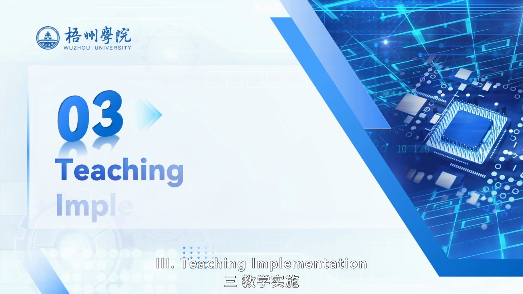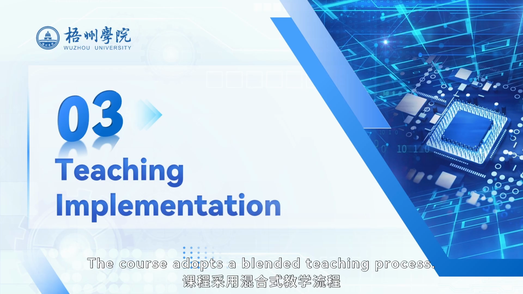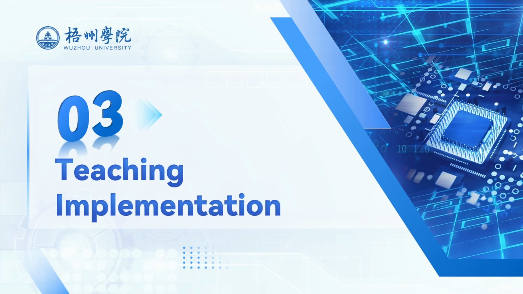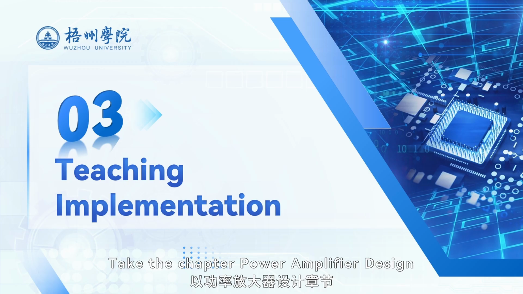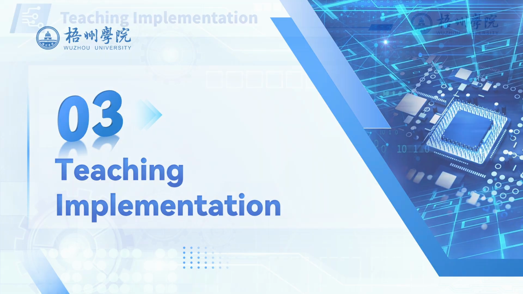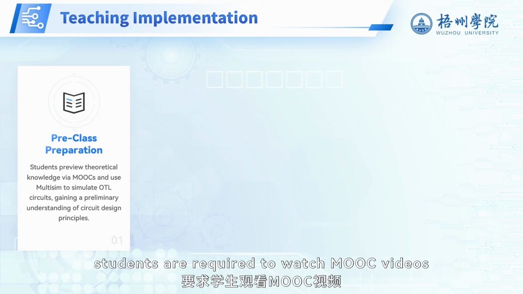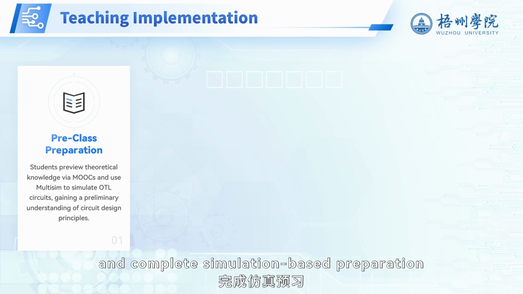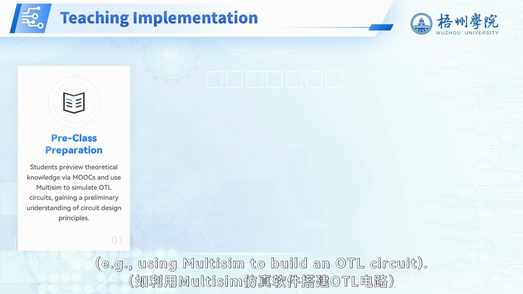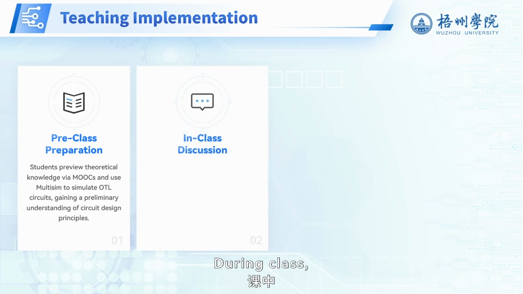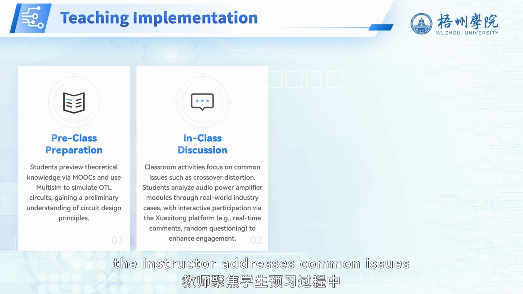3. Teaching implementation. The course adopts a blended teaching process. Take the chapter Power Amplifier Design as an example. Before class, students are required to watch MOOC videos and complete simulation-based preparation, e.g., using Multisim to build an OTL circuit. During class, the instructor addresses common issues